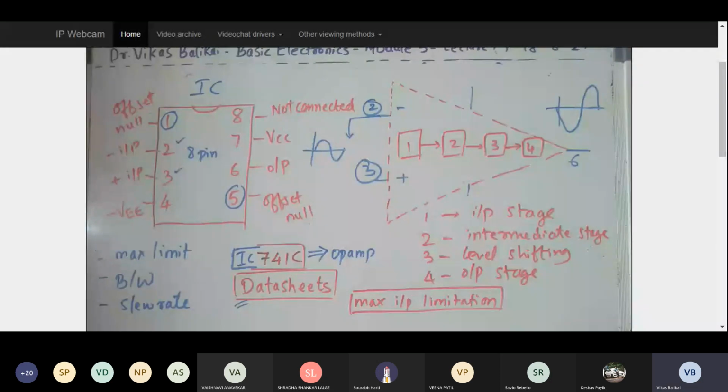So this is how, stage by stage, when you give the input, it travels through the different phases inside the operational amplifier, and hence you are going to get the output value. So this is about the 4 different stages of your operational amplifier. Once we know that, now let's move on to the other characteristics of my operational amplifier. If I just want to mention the different other characteristics of the operational amplifier, let me rub this out.